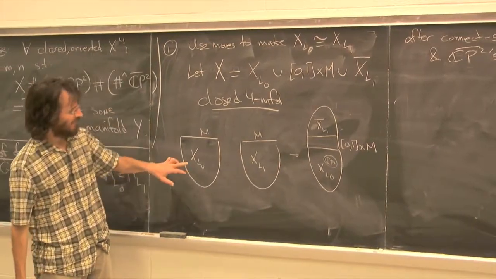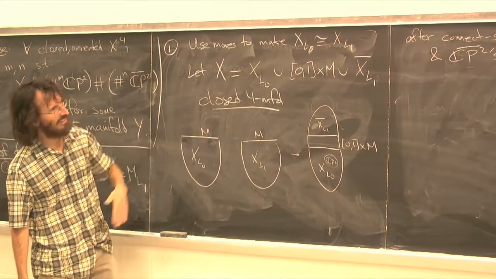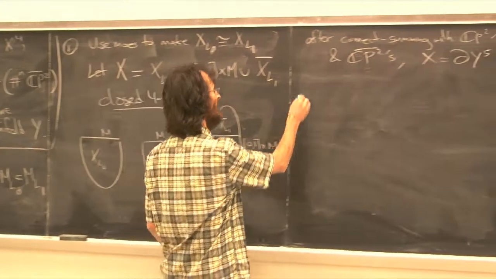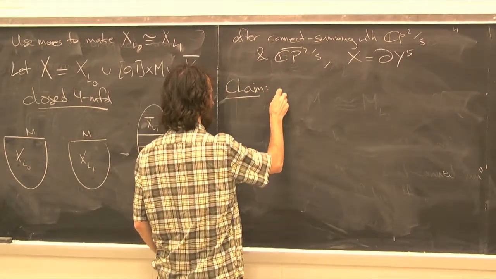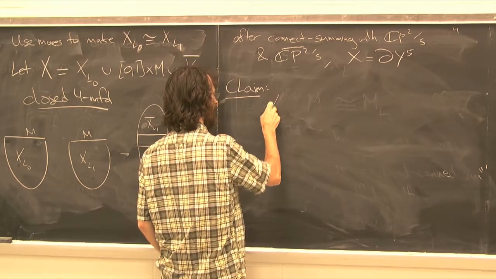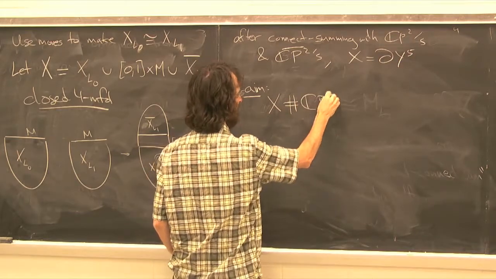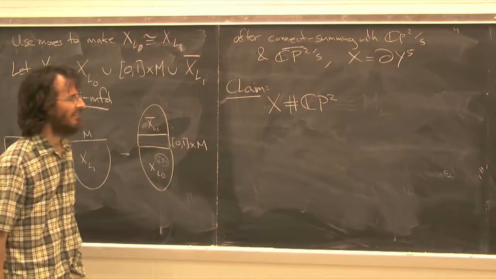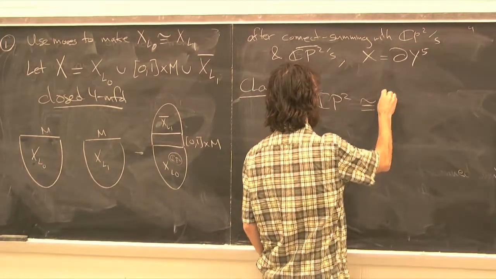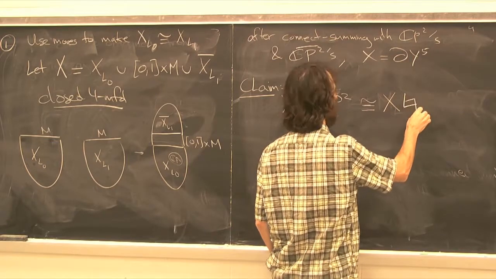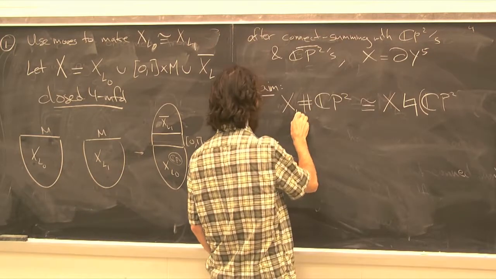But the first claim is that X connect sum some CP2, or CP2 bar, I'll just do it for CP2, is diffeomorphic to X. Now here's a new symbol that you may not have seen. Boundary connect sum, sorry, I want X L0